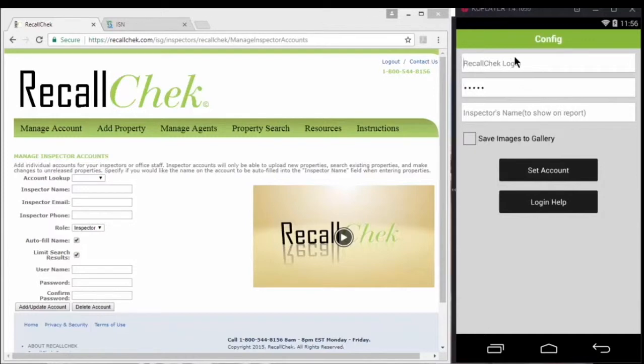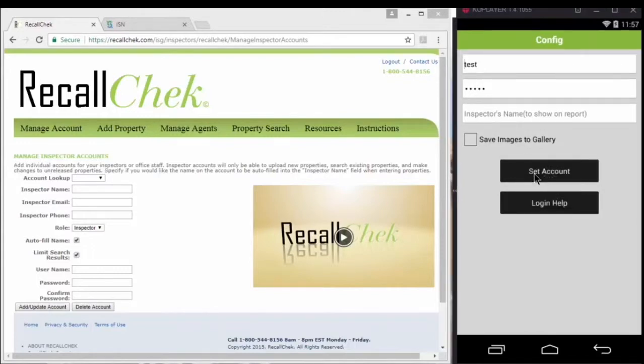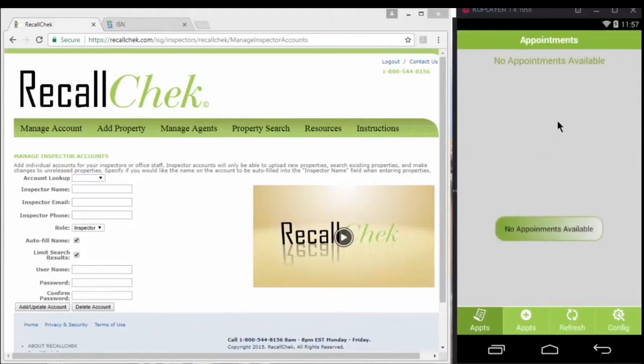Now, I'm going to go ahead and log in to the account here. I also have the option to save images to the gallery. Now, once I log in, I can simply hit Set Account. When you log in, if you have any inspections from ISN, they will show up here 12 hours before the